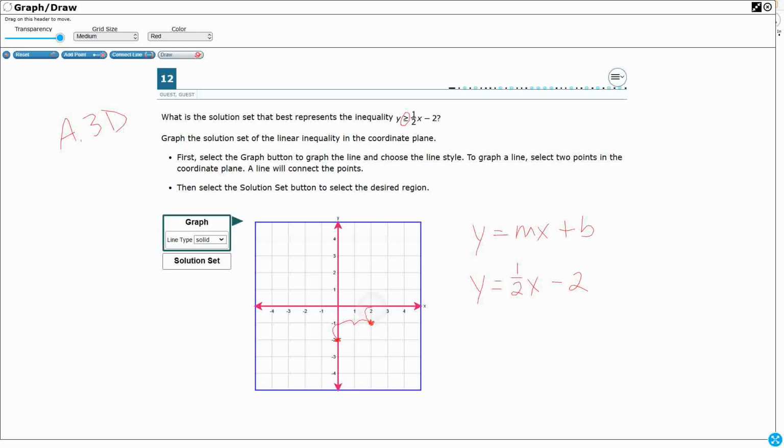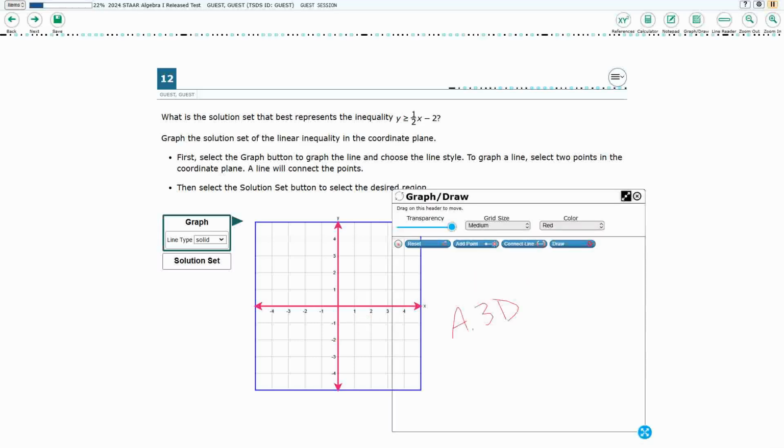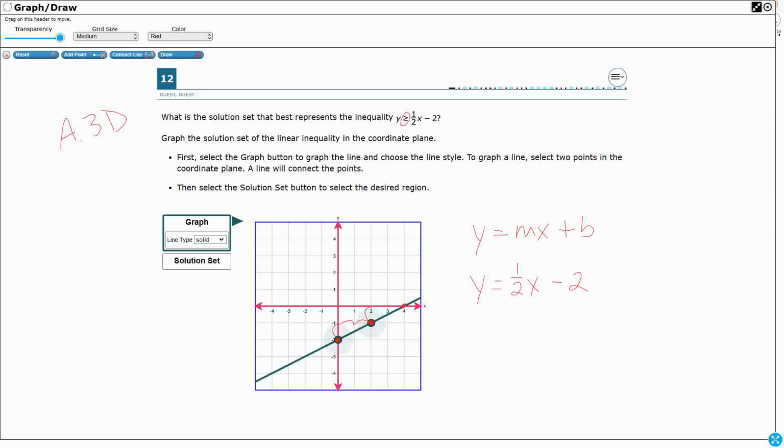And I can also do this up 1 over 2. I can plot 1 right there. Okay, so first, let's get those points in there. So let's get that 2. Let's get that. I've got my line. You see my line follows my slope and my y-intercept of -2. Now,